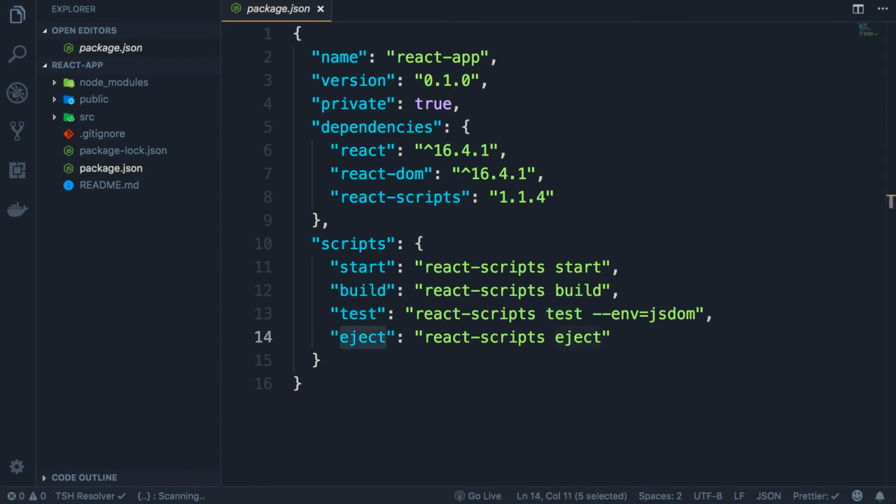We can run this command to eject from create React app and customize all the tools and configurations that come with this project. Now, the interesting thing here is that if you look at the dependencies section, you can see we have only 3 dependencies. We have a dependency to React, which is the main React library. We also have a dependency to React DOM, which is a library for working with the DOM. In the last lecture, we used the render method to render a React element inside of the browser DOM. And we also have react-scripts, which is another library that takes care of starting, building, testing, and ejecting a